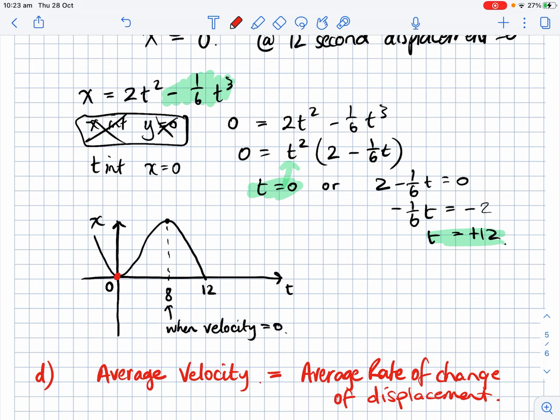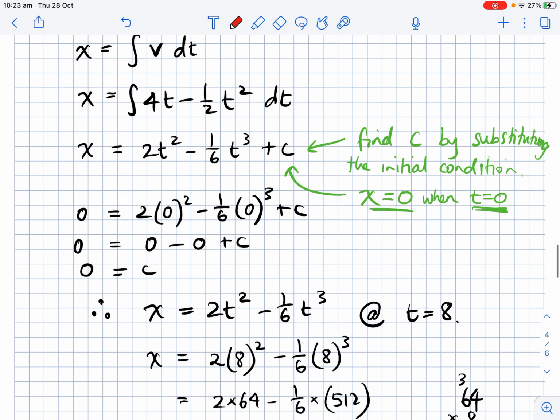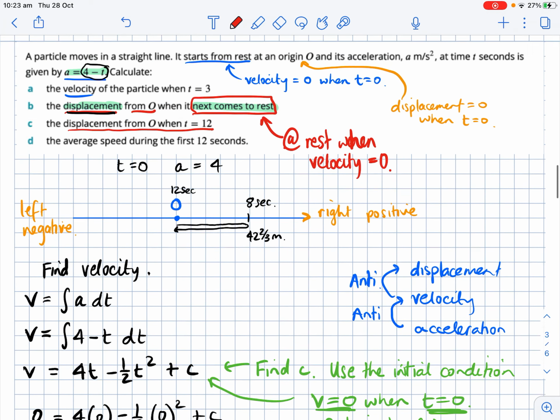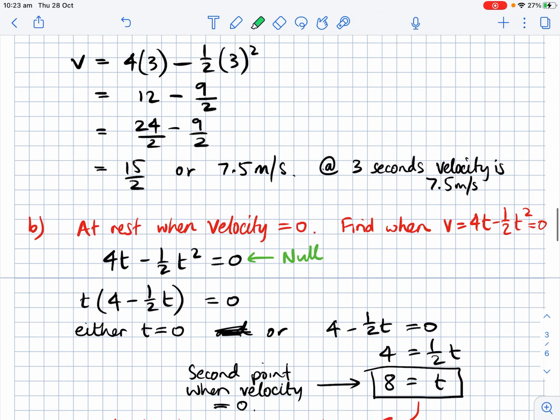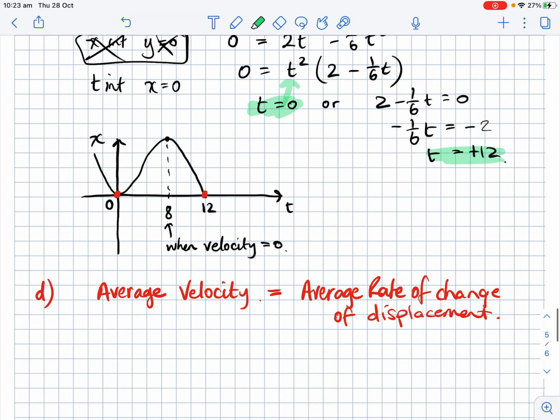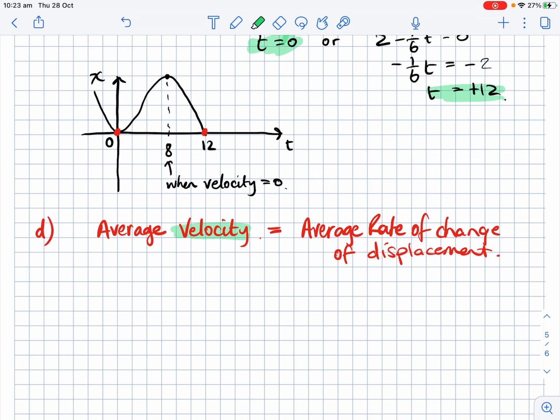And the way that we did that is we found out the displacement at 0 and the displacement at 12. The question asks, I should have actually mentioned that, for the average speed in the first 12 seconds. So if I want to talk about the average velocity, now not speed, in the first 12 seconds,